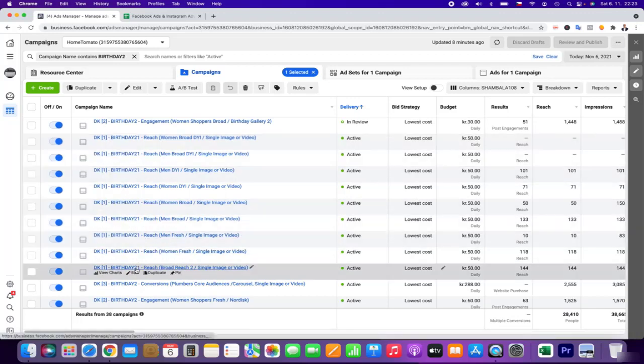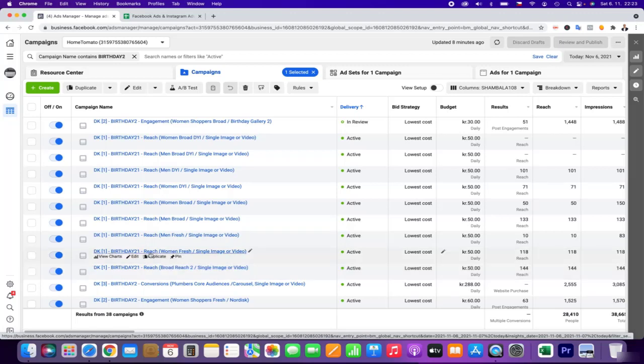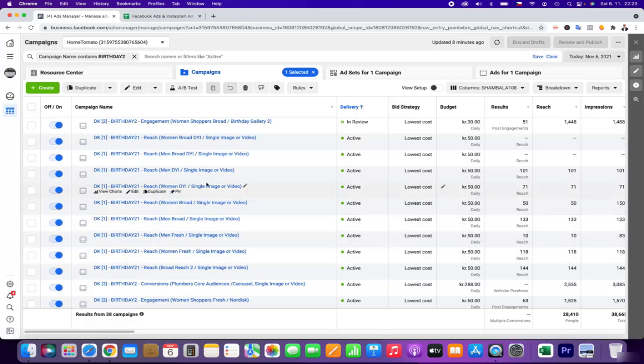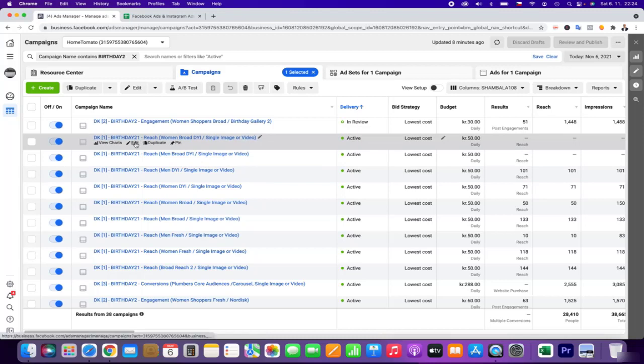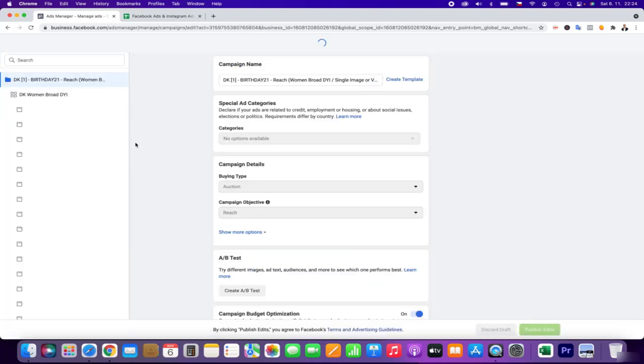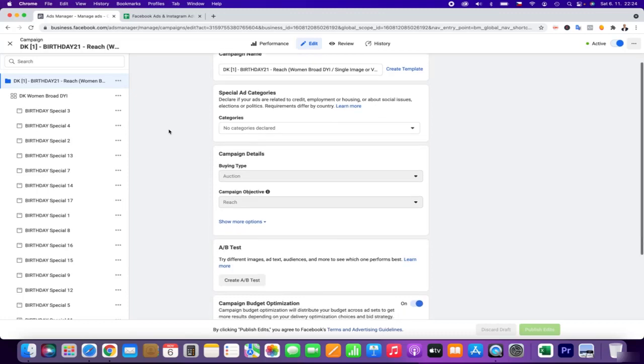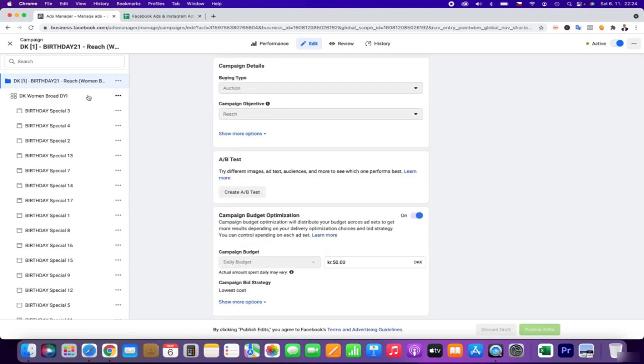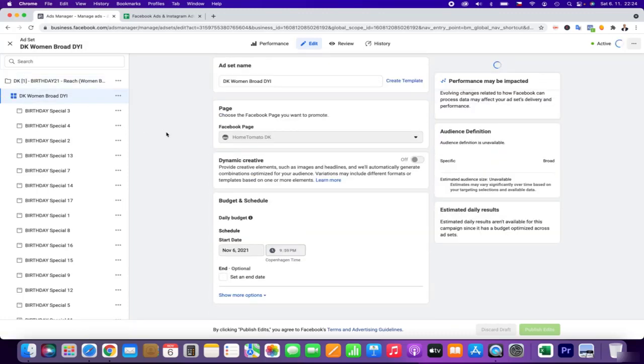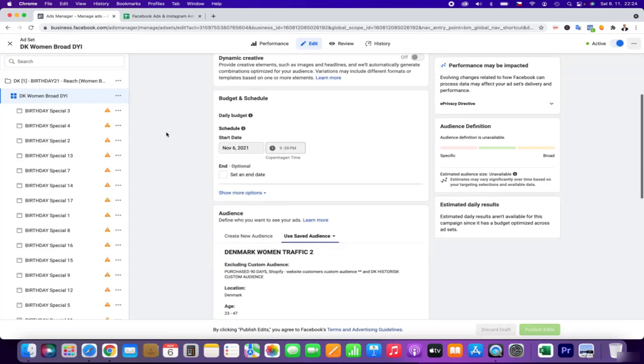As you can see, I have created different personas. I was already showing you lookalike audiences and also personas for men, for women, that are more broad, less broad. And what I would love maybe to show you is, you already understand that we have this reach set up and we are basically reaching out to different personas.